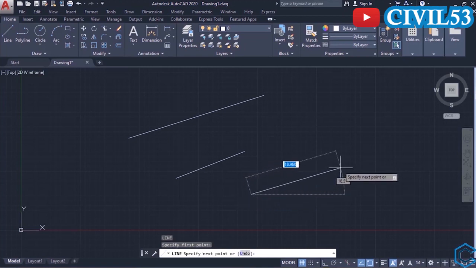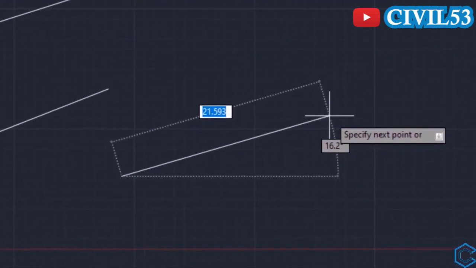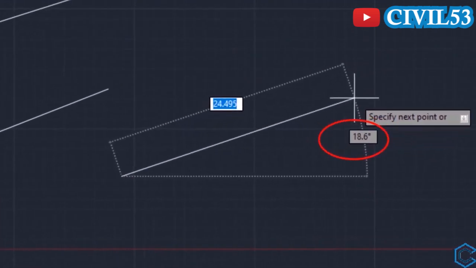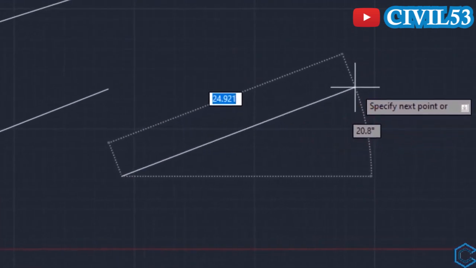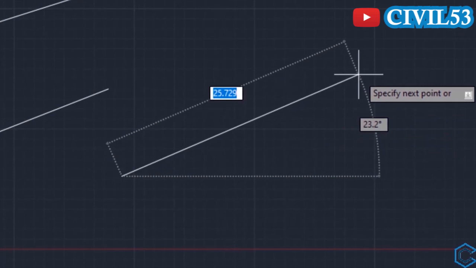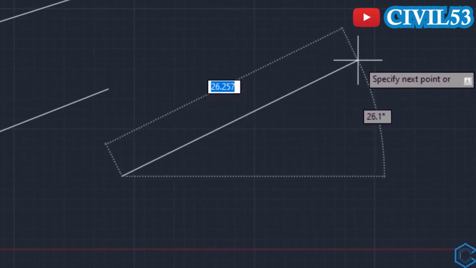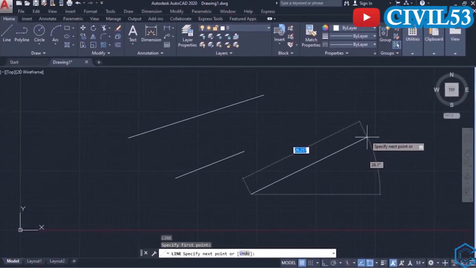As we can see, there is a number which is in the gray box. By moving my hand, this number is changing. 19, 20, 22, 23, and so on. This number represents the angle of the line from the horizontal axis. So if you want to have a specific angle, press Shift, comma,